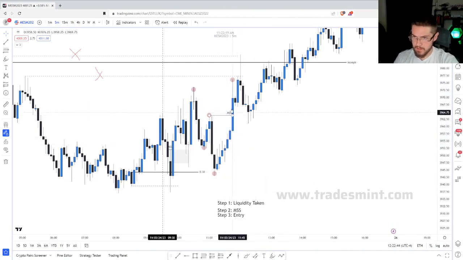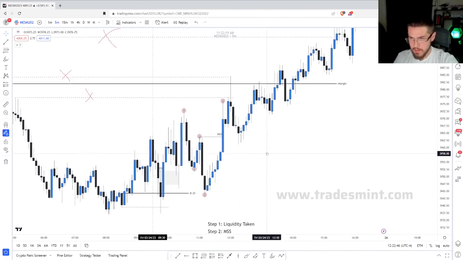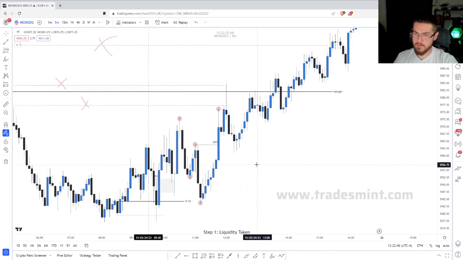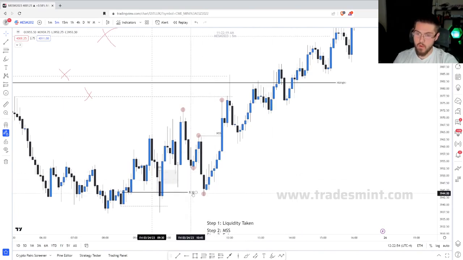V-shaped reaction, displacement. So at this point, you have another trade you can take, right? Now you can trade this multiple ways because oftentimes there's going to be a breaker here, right? Or maybe you took another trade after,